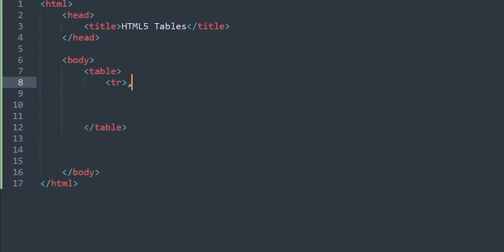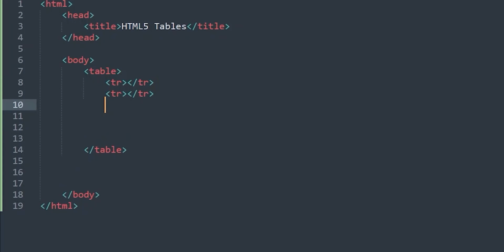How many rows do you want in your table? That depends on you, but I would have 3 rows. Okay, I'll just copy that and paste and paste. This is the first row, second, third row. I want headings in the first row,